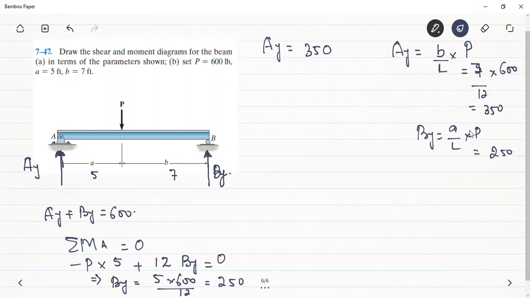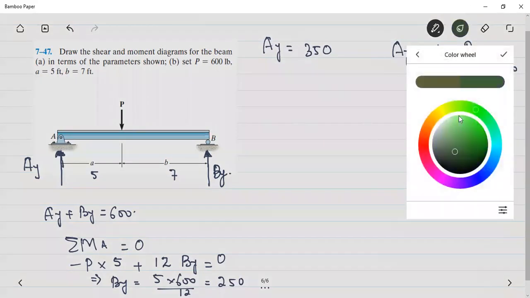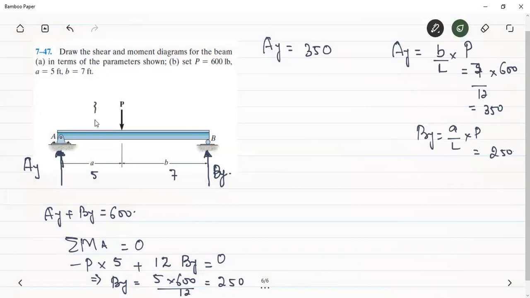So let's find the shear forces. For the shear force, we have to take a section. Let's take a section here. Suppose it is known as section 1-1. This section 1-1 is at a distance of x1 from the support A. Yesterday we were not interested in the distances, but today there is a concept of the moment as well. Therefore, we have to take the distances.